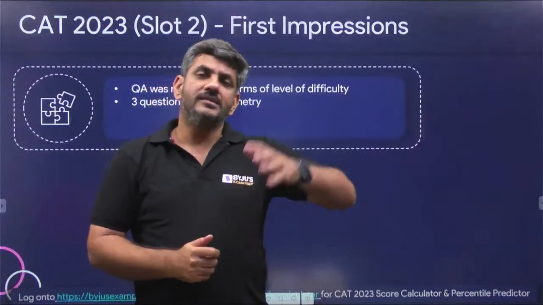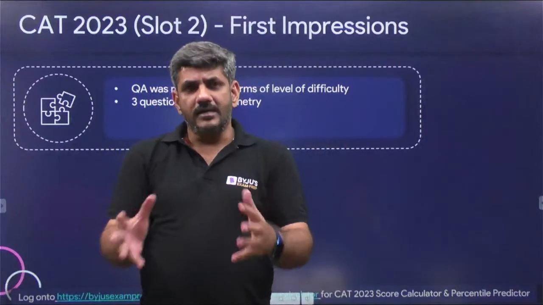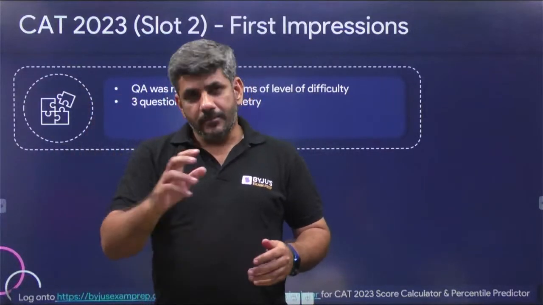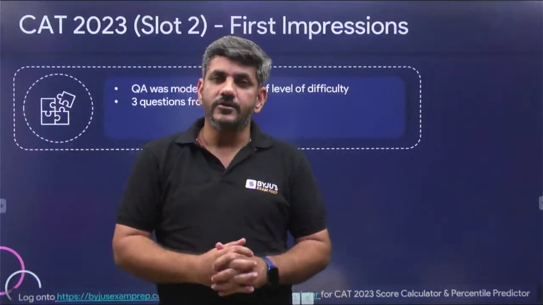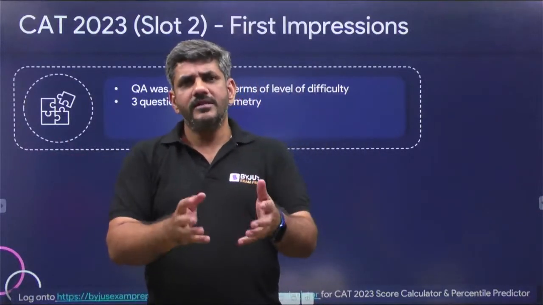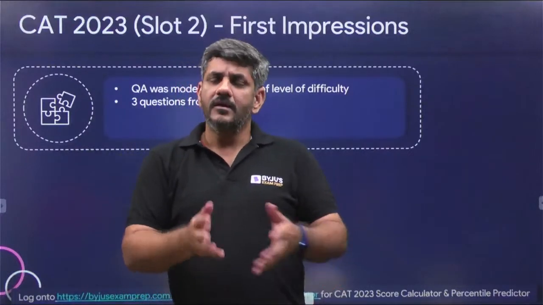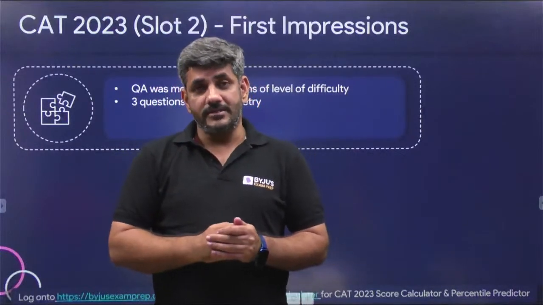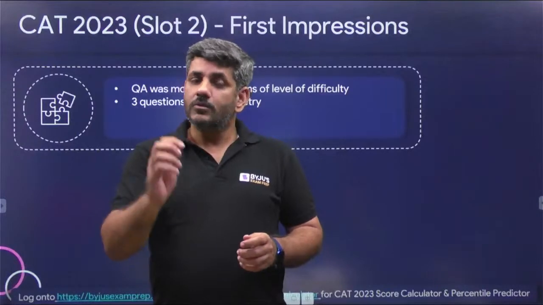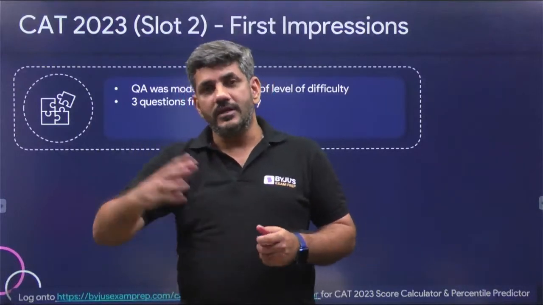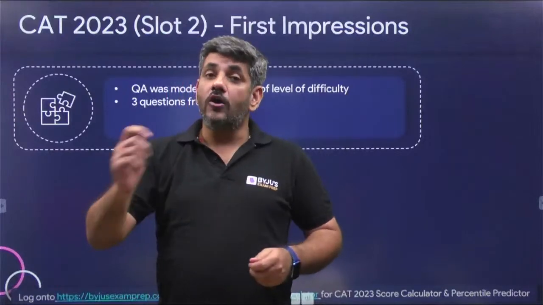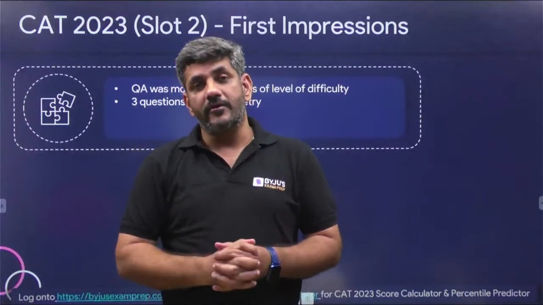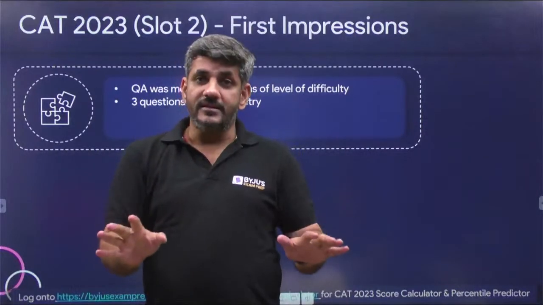For example, last year there was a question about a cask having some wine, from which 9 liters is taken out and replaced with water. The process is done again, and finally wine and water are in a ratio of 9:16. What was the initial quantity? This is a routine question for us when we study replacement. But today's question on replacements, even if routine, was not that easy. They said from 40 liters, 4 liters is taken out and then replaced. How many times do I have to do the process so that the quantity of milk becomes lesser than the quantity of water? This is not an easy question.